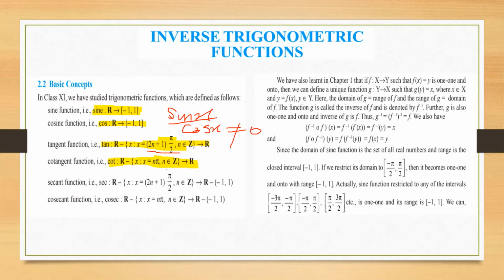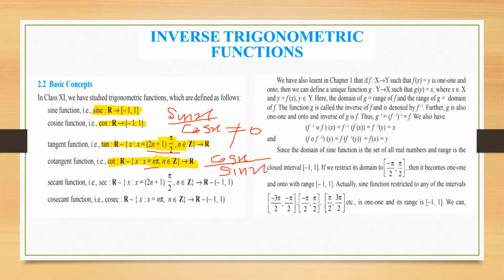Similarly, in case of the cot function, cot can be taken as cos x upon sin x, and now we should avoid taking sine 0. You know sine is 0 when x is an integral multiple of pi. So that's why, in these conditions, we have to leave those numbers which make the denominator 0.